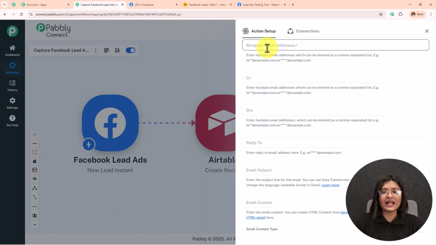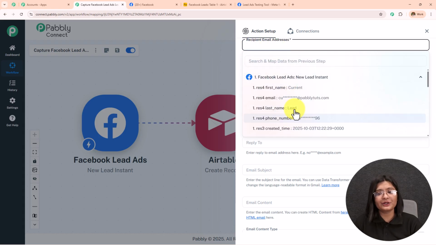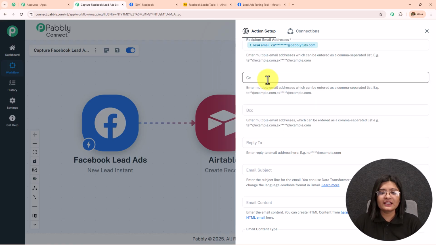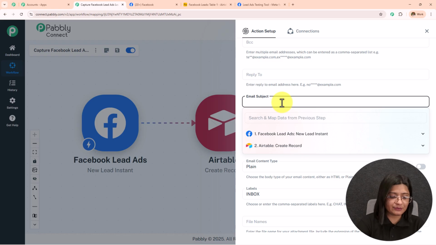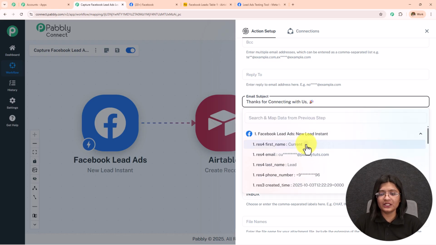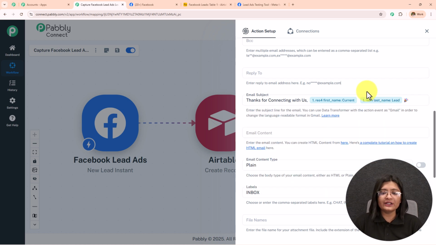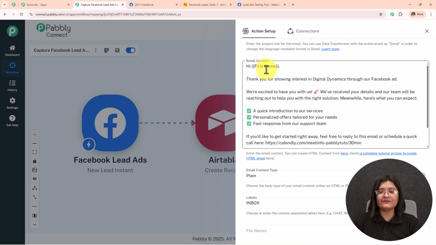Then the sender email address is already selected, the Gmail connection which we have created. Then we have this recipient email address, so again, I'm going to map the recipient email address. Then the CC, BCC and the reply to will remain blank. In the email subject, I'm going to write, thanks for connecting with us, and then I will map the name, current lead. Now in the email content, I'm going to write,